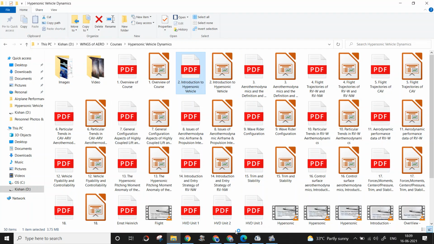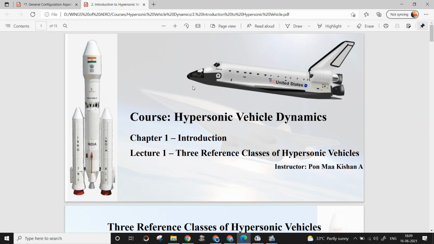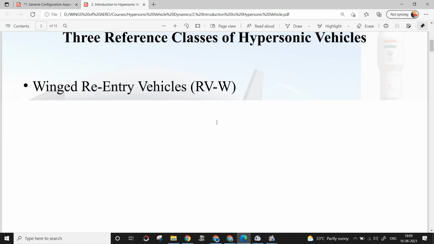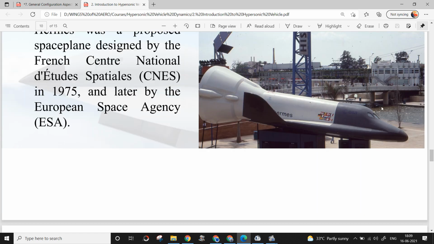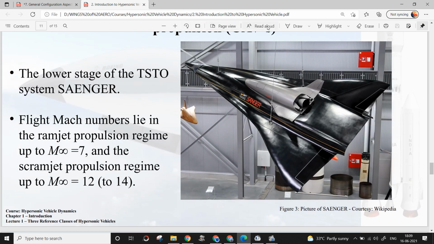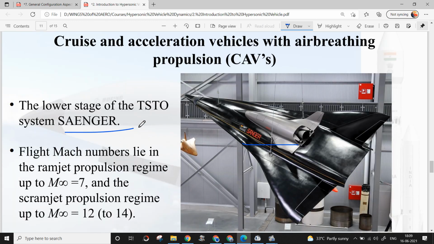So I will share that in a previous slide once again, so that you can look at the type of aircraft we are going to focus on. So the type of aircraft for cruise and acceleration vehicle, we are focusing on Sanger vehicle. Okay, Sanger. So in the last class itself, I have told Sanger is two-stage to orbit, which means the black color surface is the lower stage, and also it is called the first stage. Okay, whereas the gray color structure indicates the upper stage or second stage. Okay,